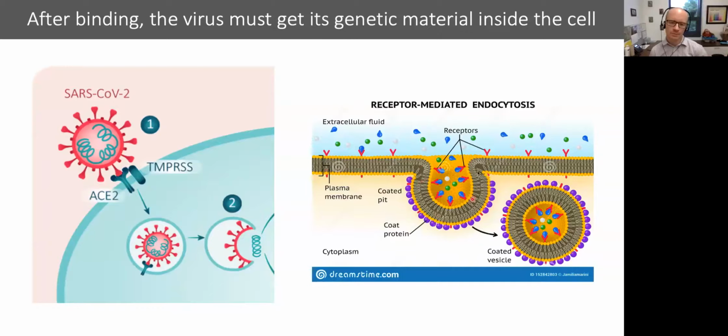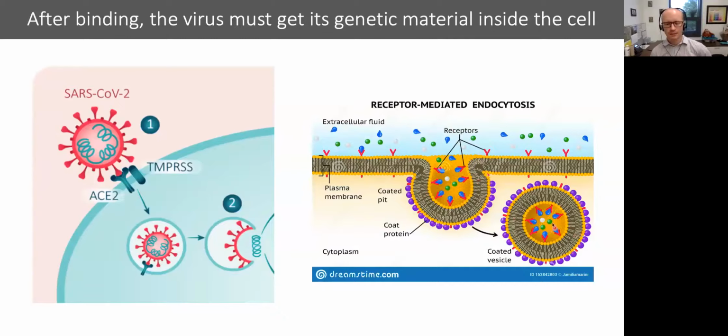And the virus basically co-opts that pathway to get inside. Now, under normal circumstances, the way that receptor-mediated endocytosis works is that something, let's say this little blue guy out here outside the cell, will bind to a particular receptor, let's say these little red guys, and that will trigger the cell membrane to bud inward, and eventually it will pinch off to form an isolated vesicle that's called the endosome.